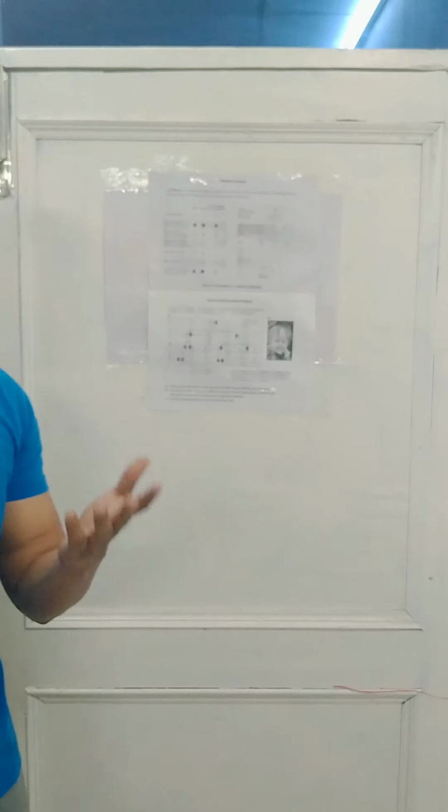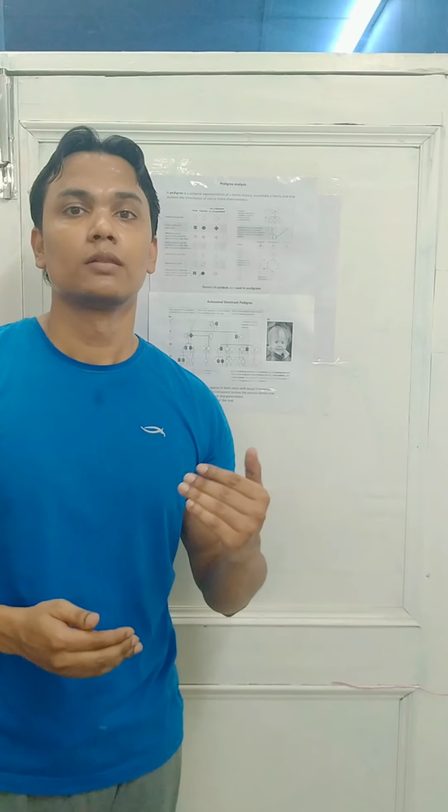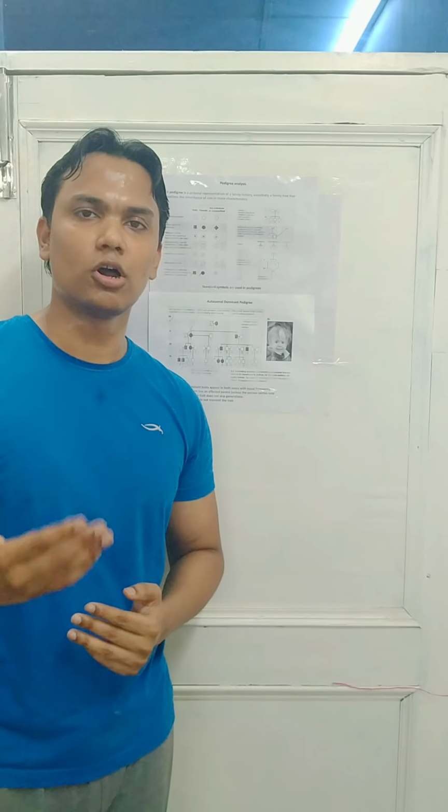Now, a pedigree can be an autosomal pedigree. Within autosomal, you can have either the dominant type or the recessive type, which we have already discussed. You can have X-linked traits, that means a trait present on the X chromosome. That can be X-linked dominant or X-linked recessive. And then we can have Y-linked traits also. So we are going to study these autosomal, X-linked and Y-linked dominant and recessive traits one by one.